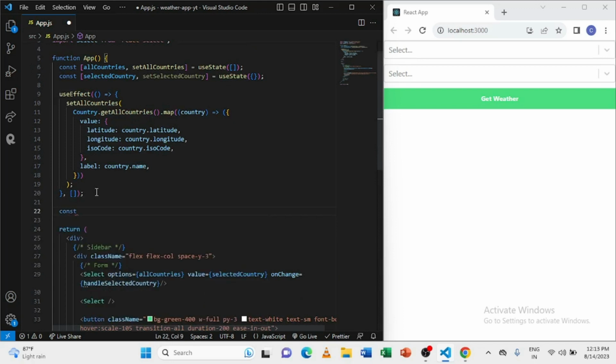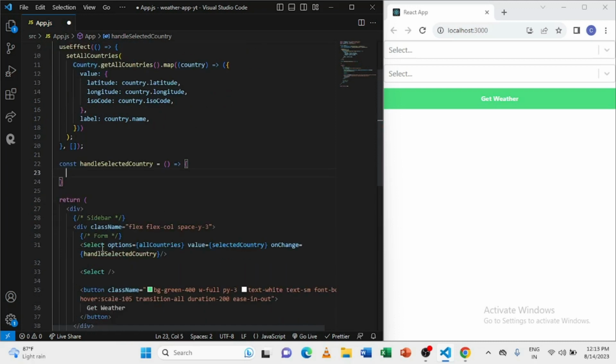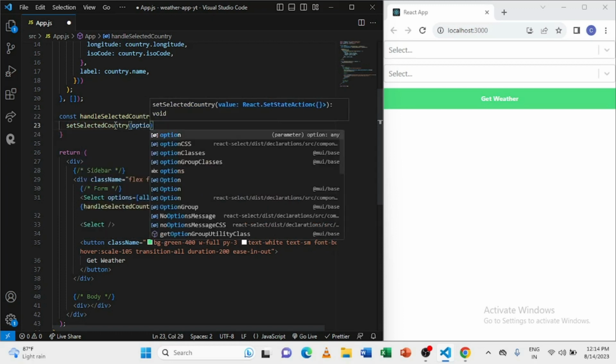So I'll create a function, and by default the select actually returns something called an option, which is basically the selected option. So now firstly I can set selected country to this option,